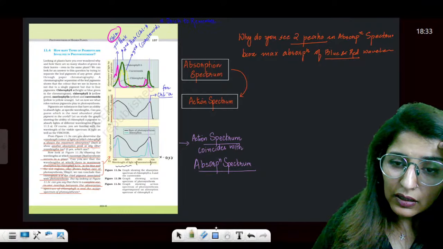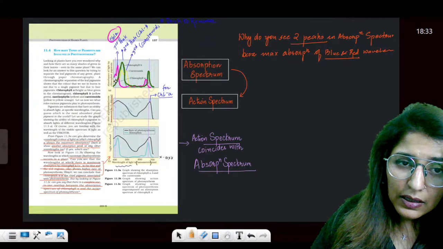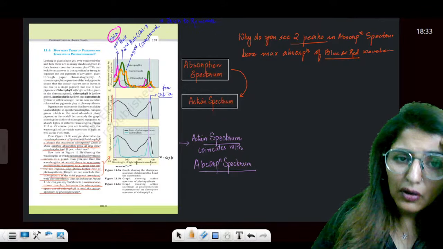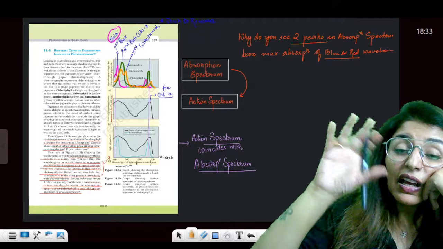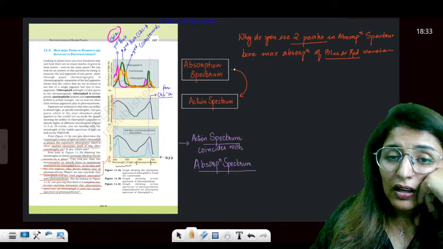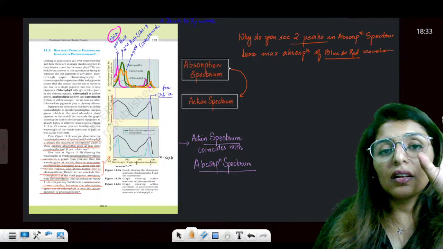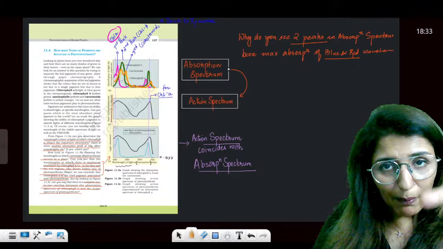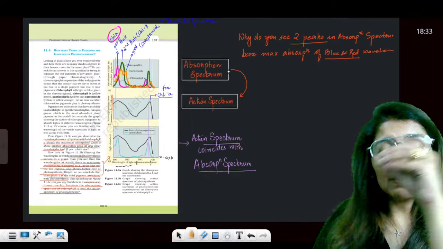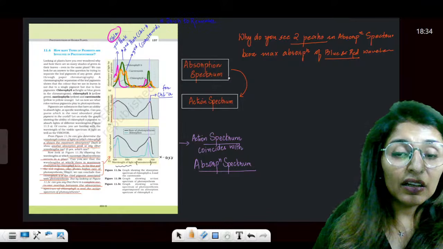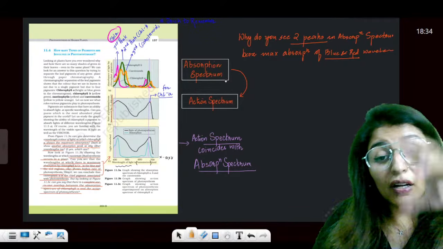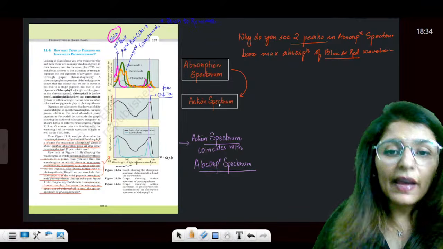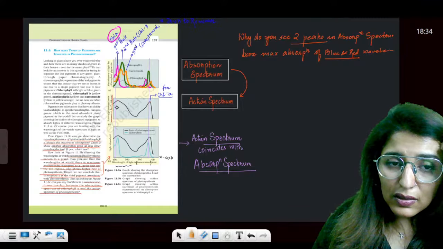And then the third one is carotenoids. So we get this kind of graph for carotenoids. Are these clear? So here we are able to see the absorption spectrum. Now, the point is that the amount of light absorbed by the pigment is directly proportional to the yield or the rate of photosynthesis. Now, the rate of photosynthesis can be studied by action spectrum, and so the second graph